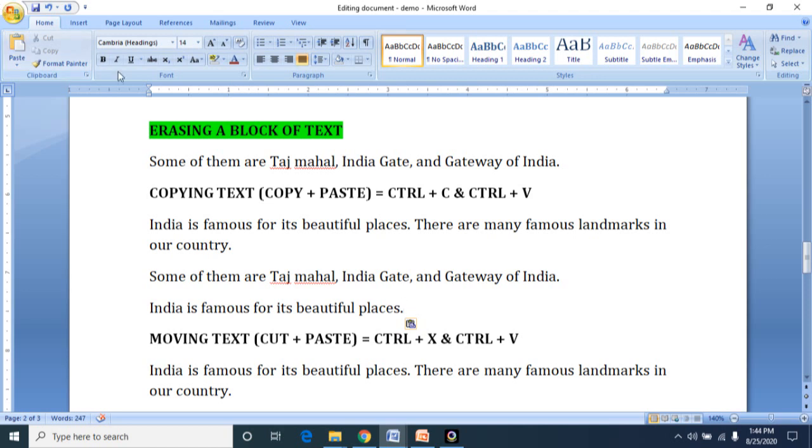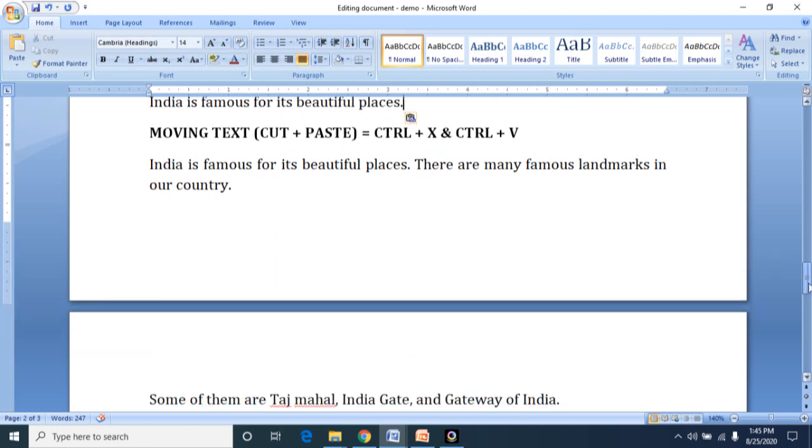Okay, the two commands which you need for copying text are copy plus paste. We can also use shortcut keys. The shortcut key for copy is Ctrl plus C and shortcut key for paste is Ctrl plus V. Instead of pressing copy and paste from clipboard, you can simply use keyboard shortcuts Ctrl plus C and Ctrl plus V. Okay.